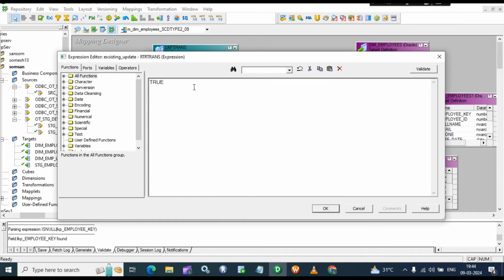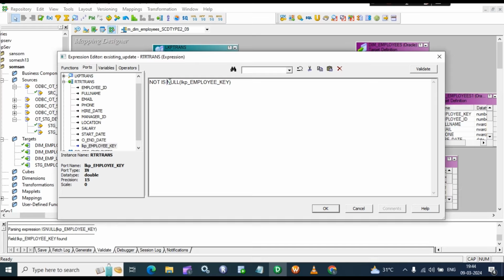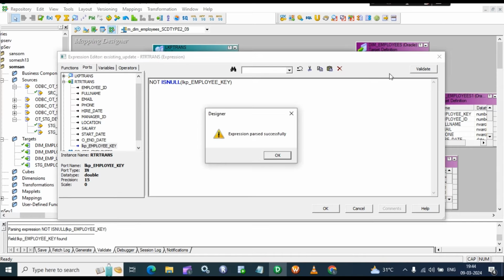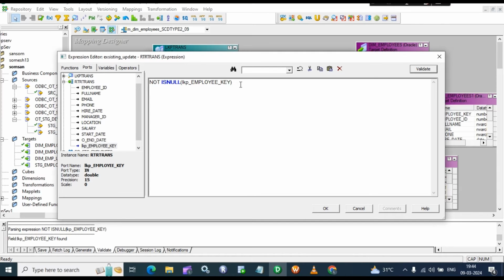Insert condition we will give in update strategy. Let's write logic. Not is null. Which one? Employee key is not null, then update the records. If employee key is not null, means that an employee key is already there in the dimension table. So if the record is already there, we have to